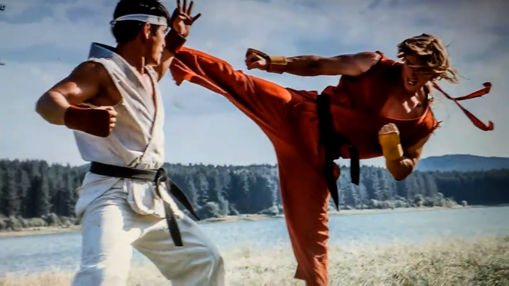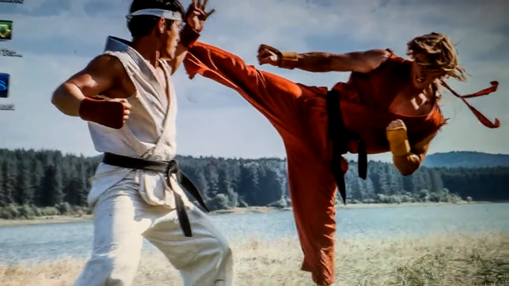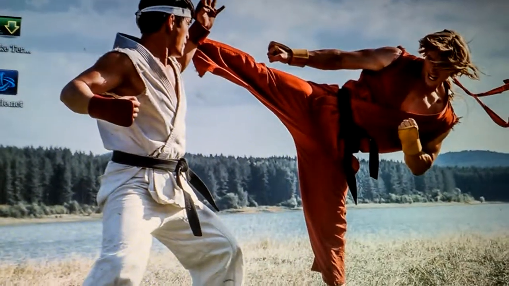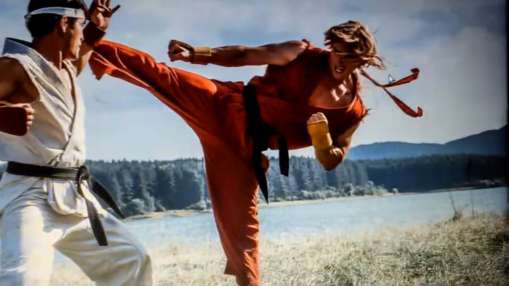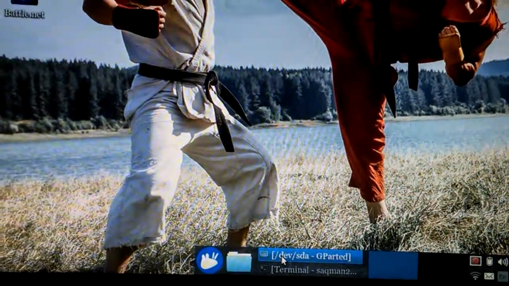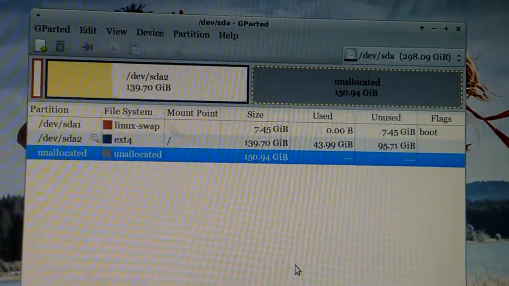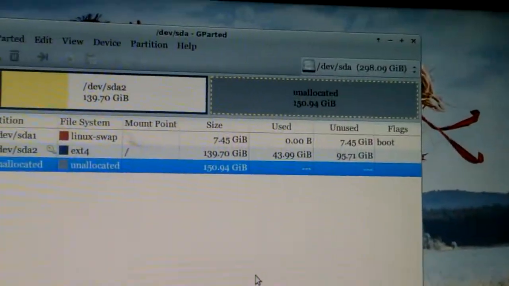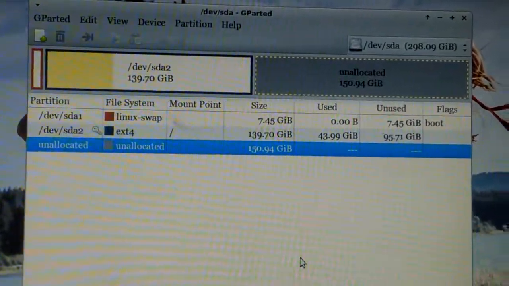A good thing about Linux is that it offers choice. So you have the choice to manage your system using either the terminal or a graphical application. So I'm going to go ahead and pull up Gparted. And as you can see, this application is giving me a current view on how my hard drive is divided